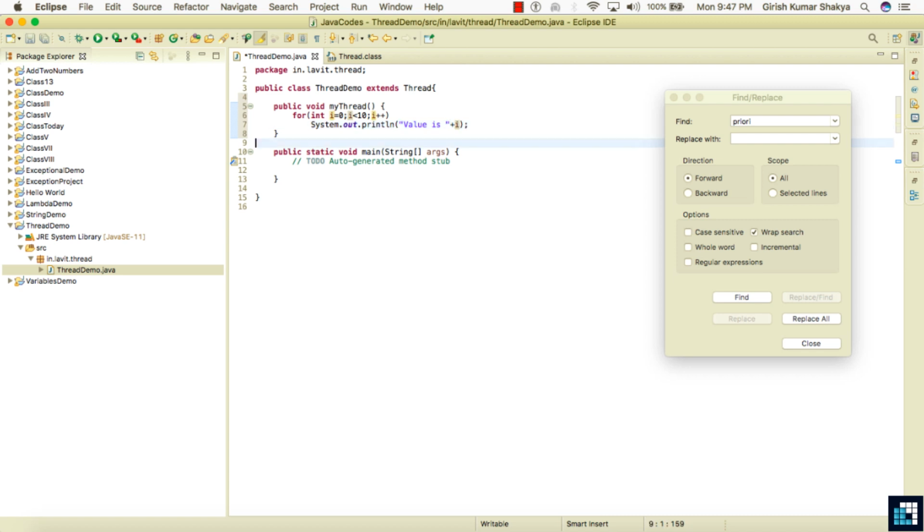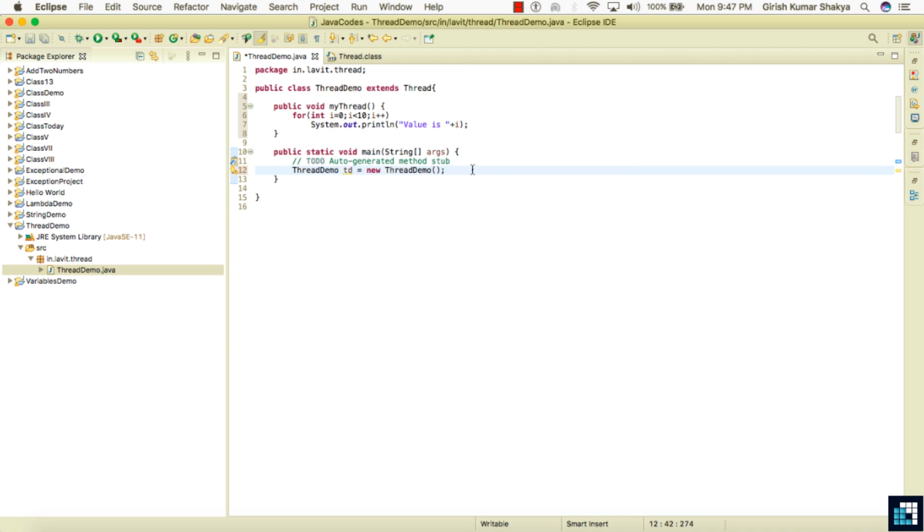Now how can I run this? Normally we need to create an object of ThreadDemo. So let me create it: ThreadDemo td = new ThreadDemo().